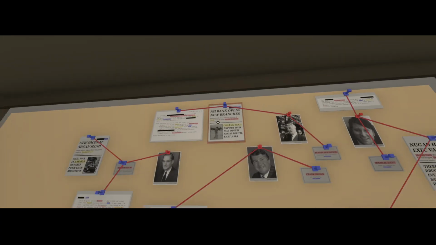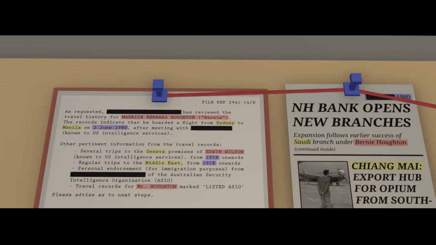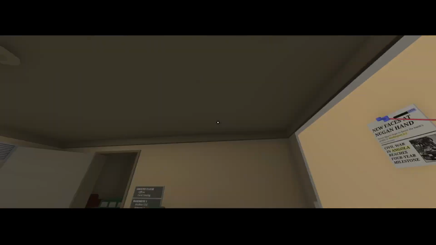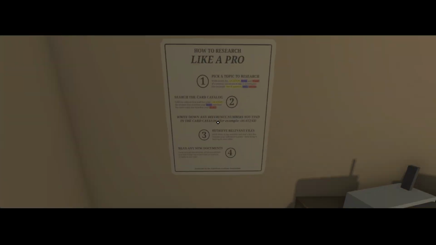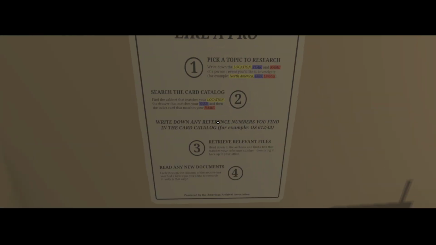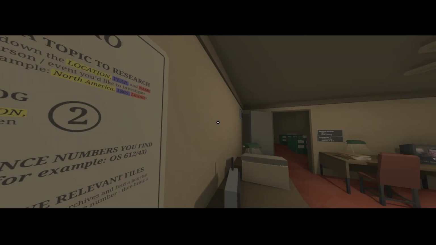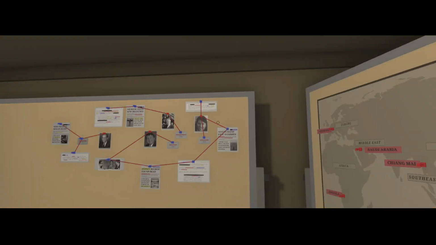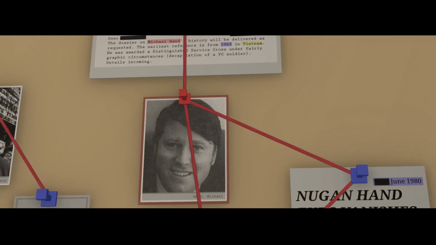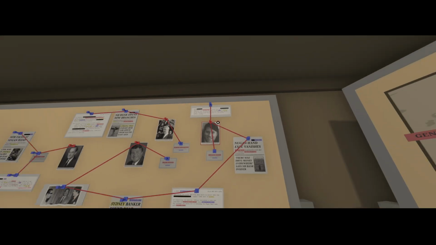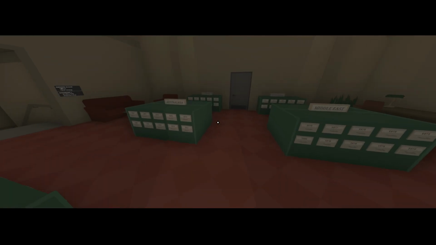I'm seeing a lot in Vietnam and Chiang Mai. Wait, what does it say about? Find the cabin that matches your location. Okay, so when do we want to go to in Chiang Mai? So the history for Michael Hand is in 1965.